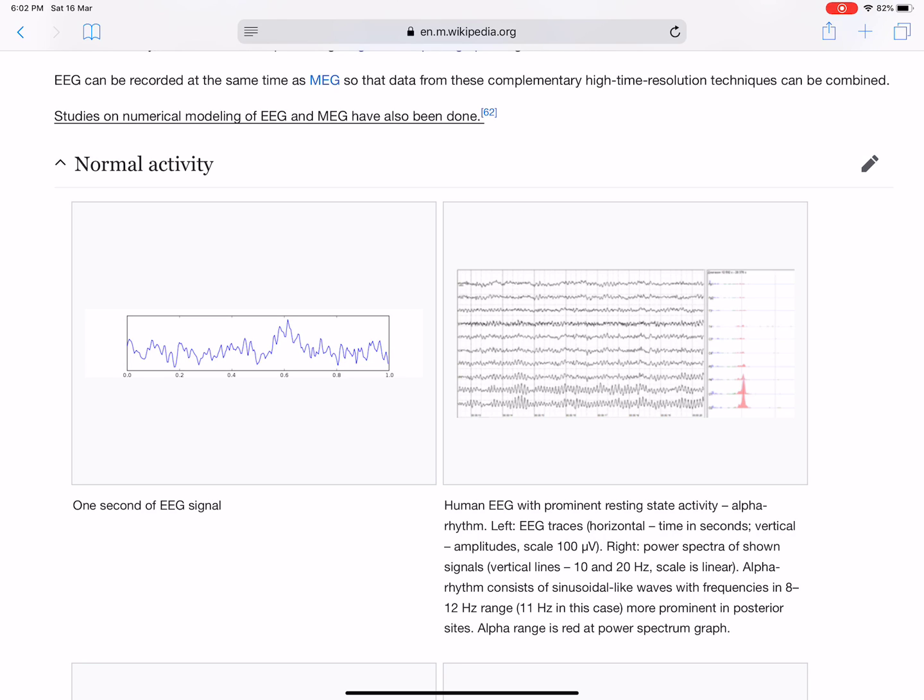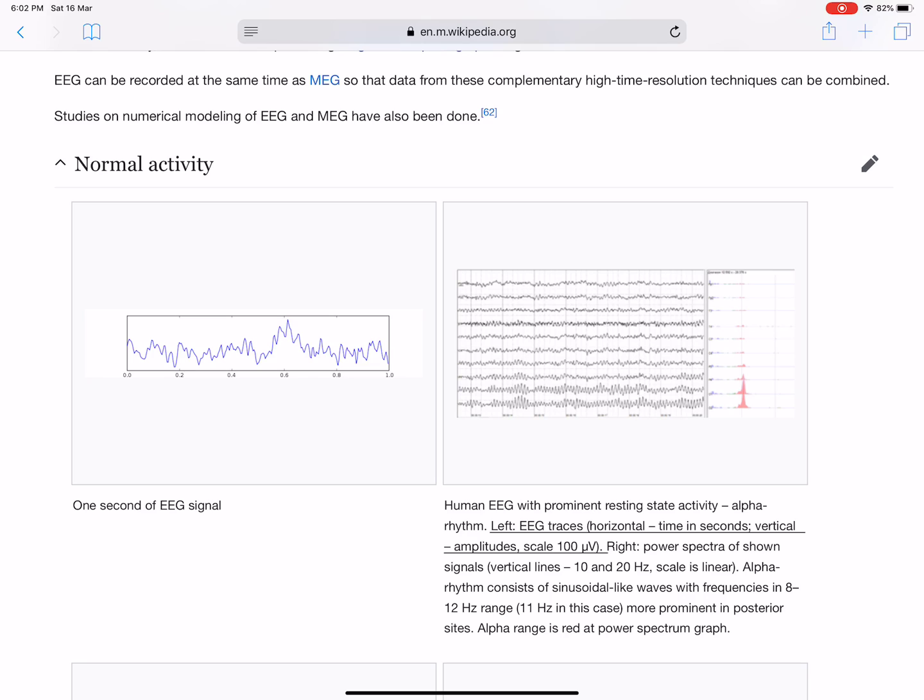Normal activity. One second of EEG signal. Human EEG with prominent resting state activity, alpha rhythm. Left: EEG traces horizontal, time in seconds; vertical, amplitudes, scale in microvolts. Right: